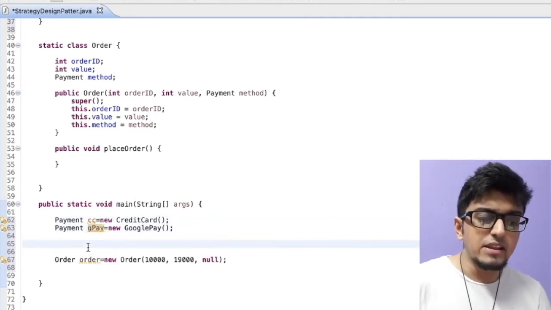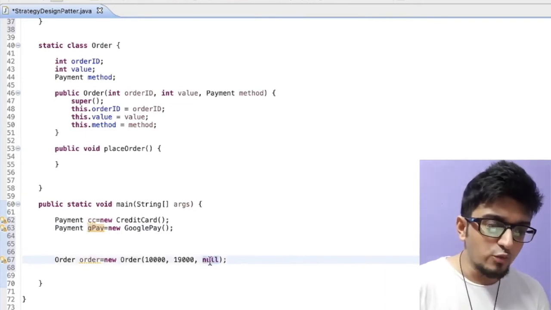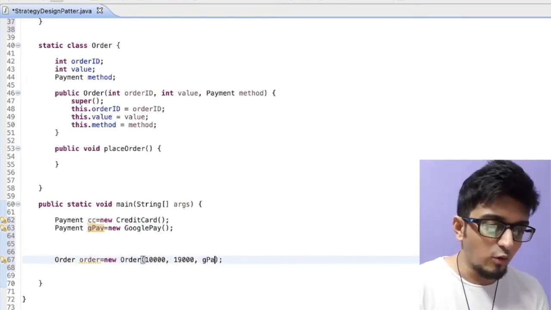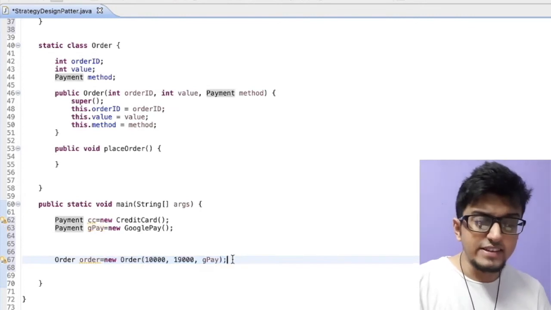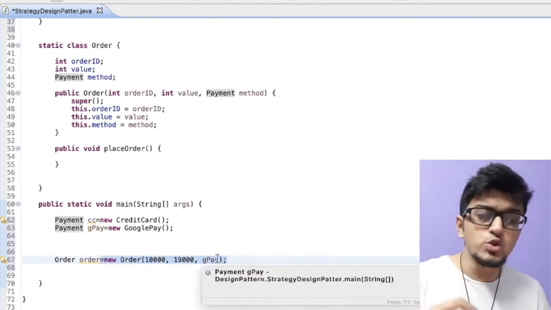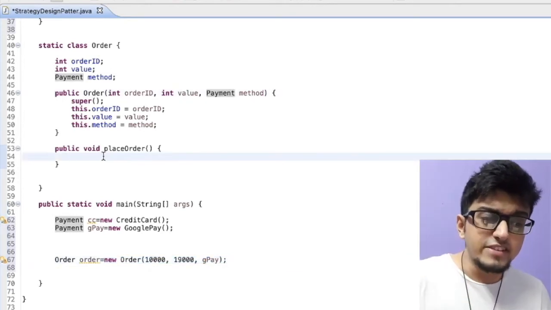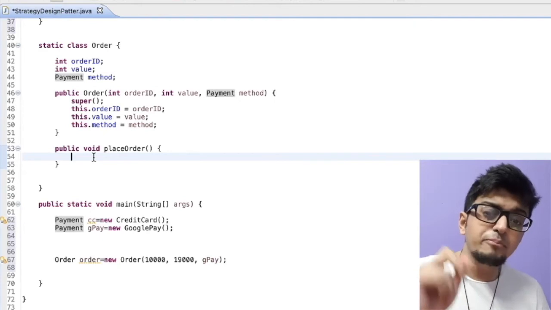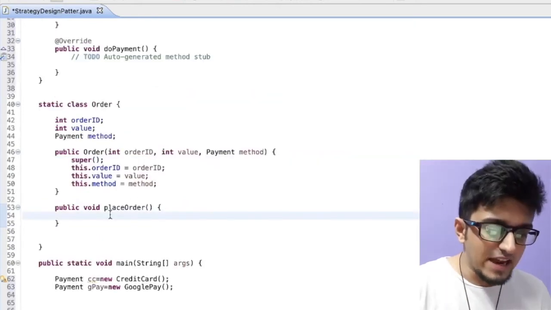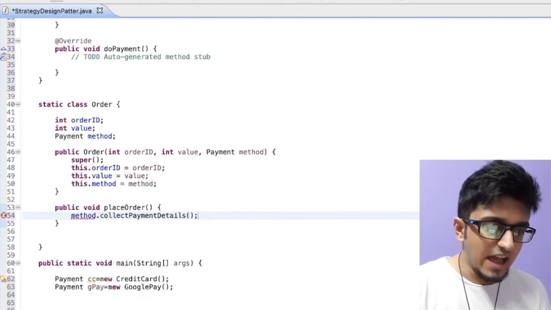And for example, the user wants to select Google Pay this time. So over here we will be passing Google Pay. You can see we are passing the Google Pay payment object as an argument to our order class. And based on the method of payment received, it will call the payment gateway accordingly, which means that over here we will call method.collectPaymentDetails and